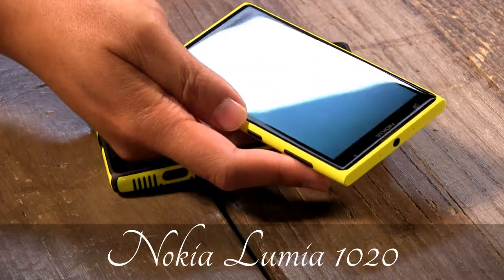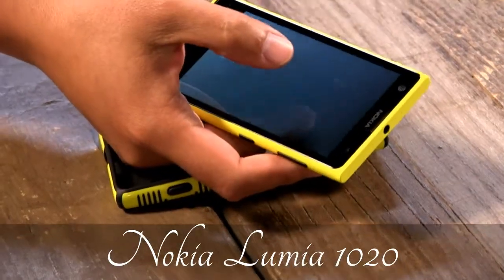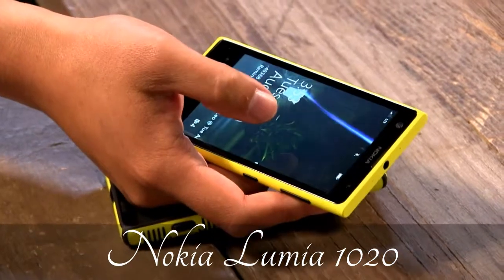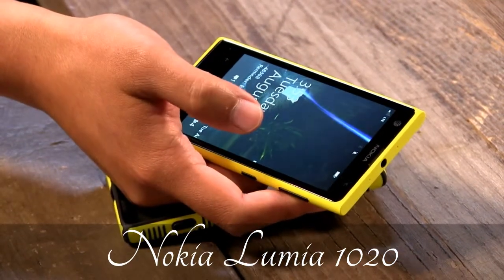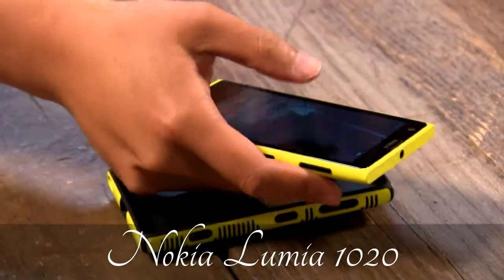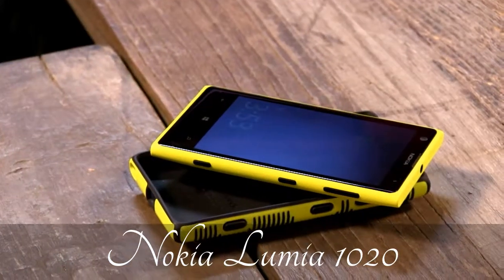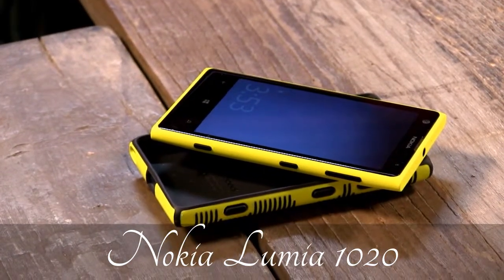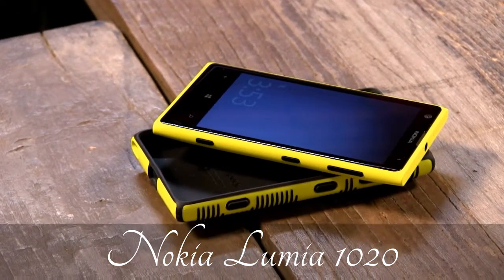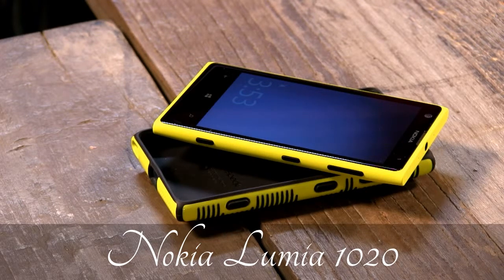There's a feature that only Nokia has at the moment for Windows Phone: if you just double tap the screen, it wakes the phone up. Oh, I like that. You also get Nokia's apps, which are actually exclusive to Nokia Windows phones. The Here apps, Here Drive, and the Drive app is Navteq, I believe, when they acquired it a few years ago. So you can download the maps. It's good turn by turn. So if you don't have coverage reception, you can